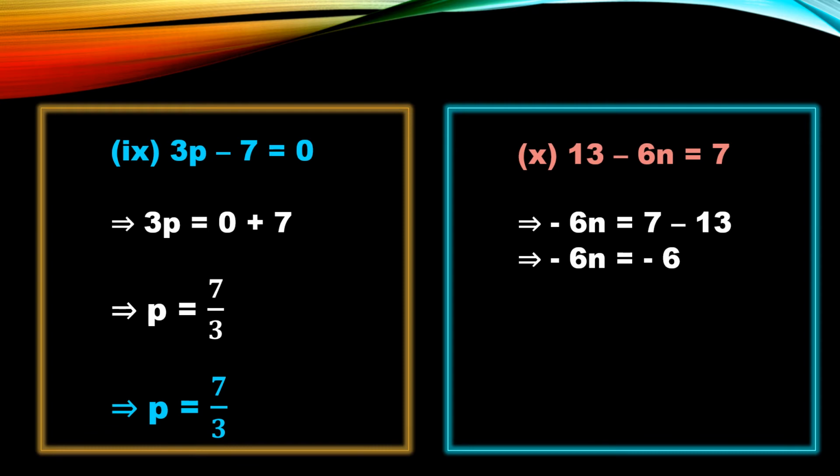Now we want n. What is there extra with n? Minus 6. It is multiplying. Here we should see the connection between these two, not the symbol of the constant. Here n and 6 are multiplying. So whenever it goes there, it becomes division. And this should be taken to the other side along with the symbol. Minus 6 will go there as division, because it is multiplying here. So now both minus signs are cancelled and the 6s are cancelled. So you'll get 1. n equals to 1.